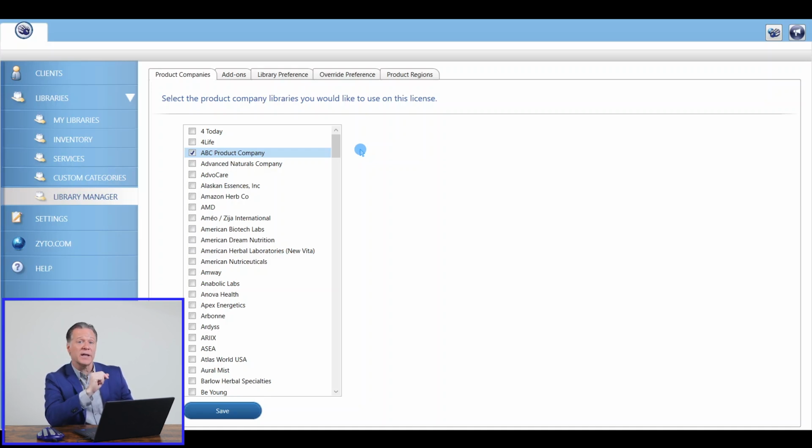Okay, now going back to the Library Manager, you can select as many product companies here as you want. However, the more you select, the longer it will take to load them into your software. And that not only goes for this initial upload, but when there are updates to the products, it has to upload all that info again. So it can be helpful to get a good variety here of different types of products that you currently work with or want to start working with. But on the other hand, you don't want to select too many because it can start to bog down your